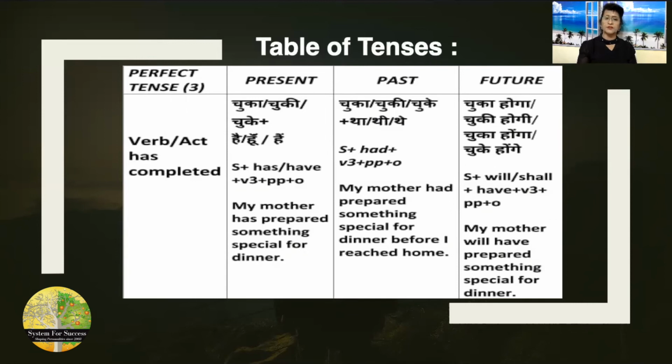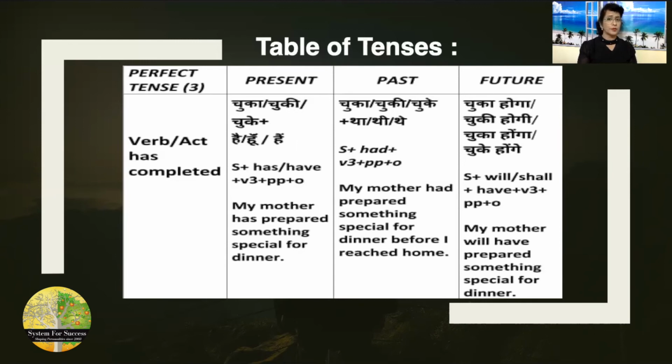So if it is present perfect, it is chuka hai, chuke hain. According to the gender, according to the number, it will change. English sentence will be subject plus has or have. Has is used with singular and have is used with plural. I के साथ हमेशा have, you के साथ हमेशा have. Singular subject he, she, it, this, that, has. We have, I have, you have. Clear? Subject plus has or have according to the subject plus V3, means third form of the verb,